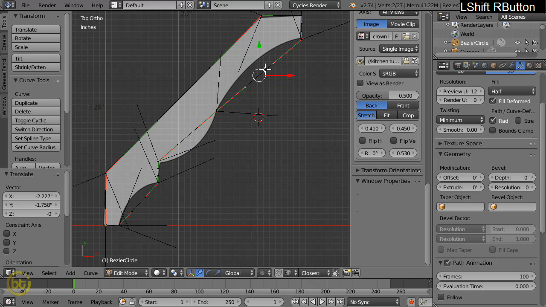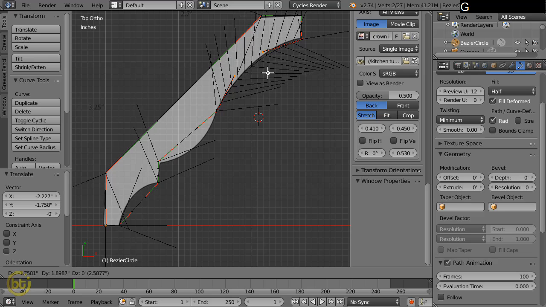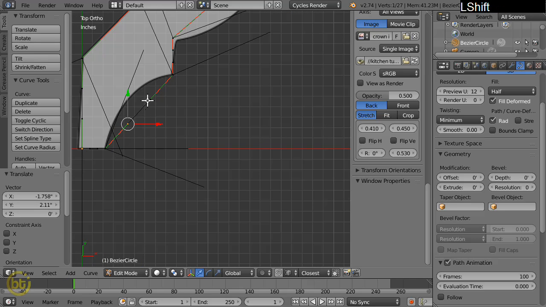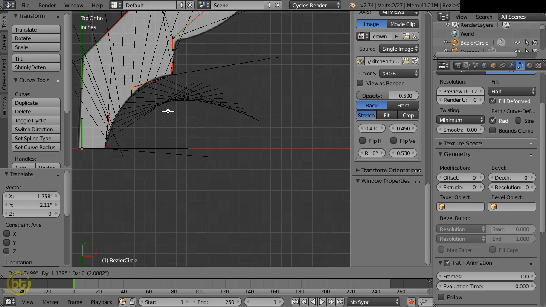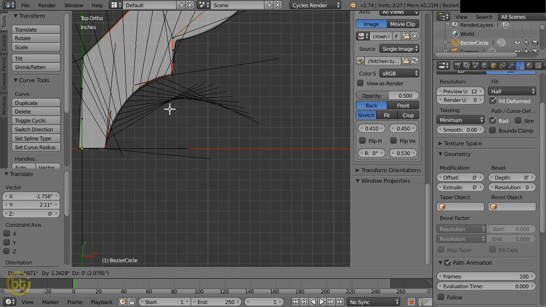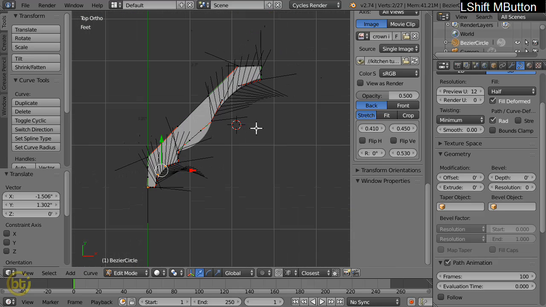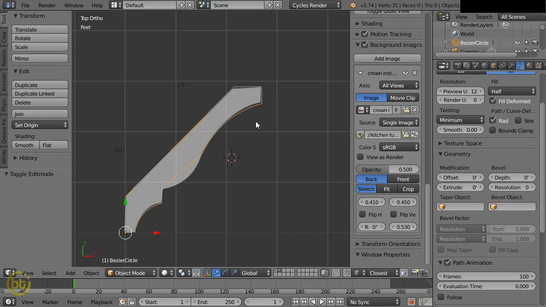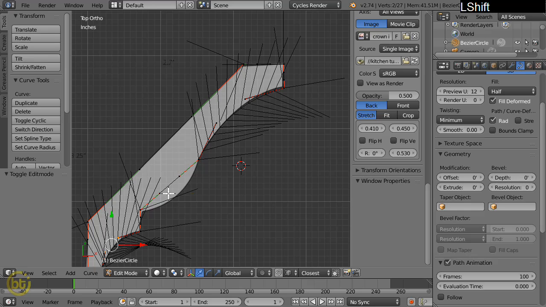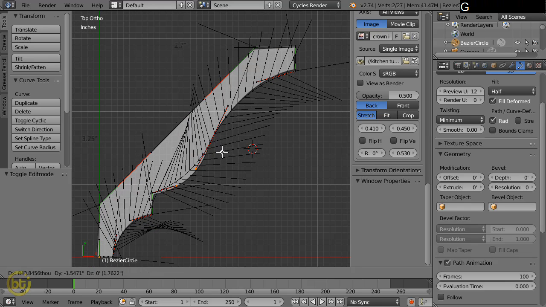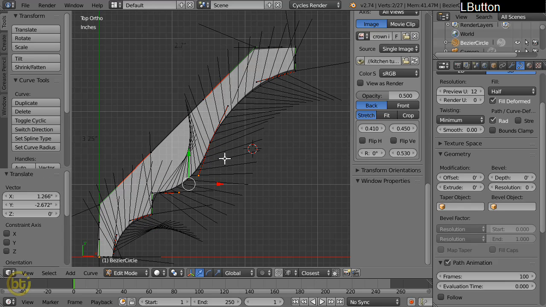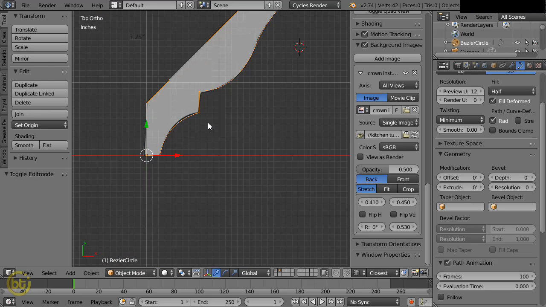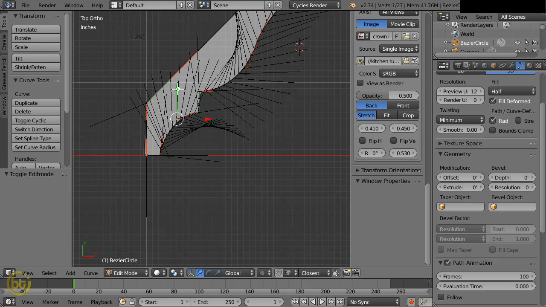Okay, now select these 2 points and grab this one to get the curve like that. Select these 2 points and move this one to there. Now we have the curve like that. Now model here, select these 2 points and bring this one down. Yeah, now modeling of this molding is finished, and just move this